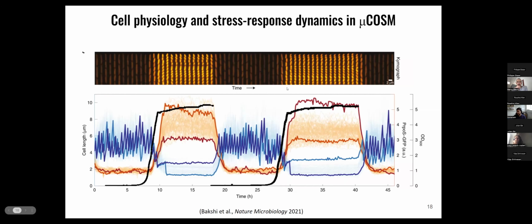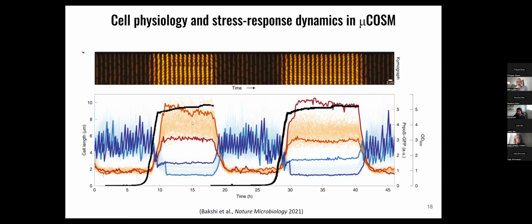Now, the kind of data you generate from these is here. So on top, we have just one lineage shown here, where you can see the individual cell is growing and is large, low stress. And then during the high optical density, which is plotted in black, cells become tiny, really bright from the stress response marker. Things go down again and up again as the optical density does. So they really track it.